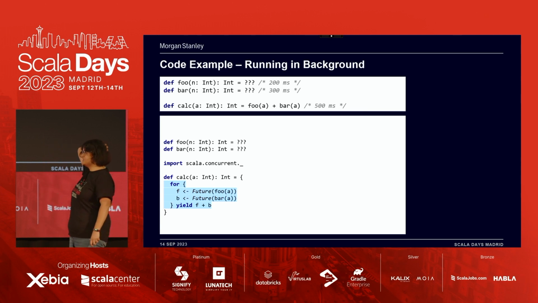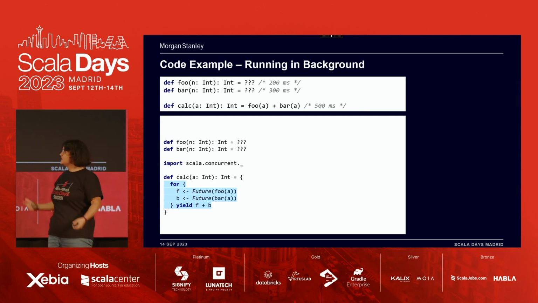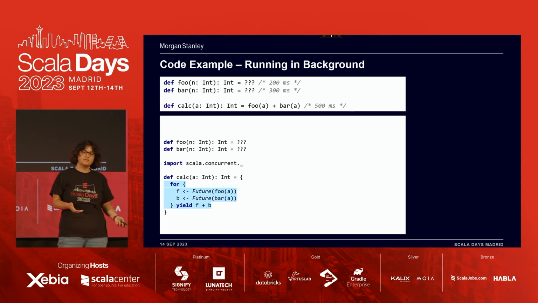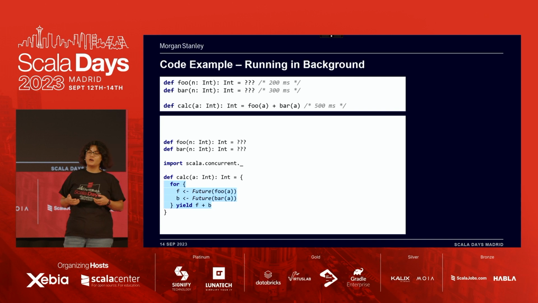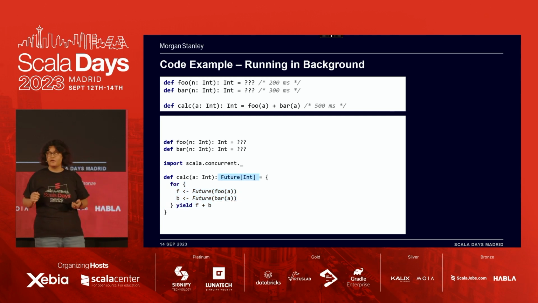And of course, you need to either wait for the future to complete, or change the return type of your function. But the advice that we give people with futures is: please don't block them. So we're not going to do that. We're nice people. So we are going to change the return type of our function.